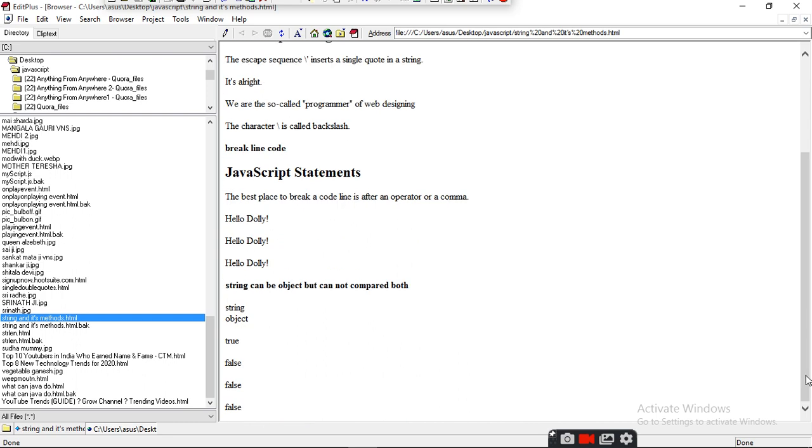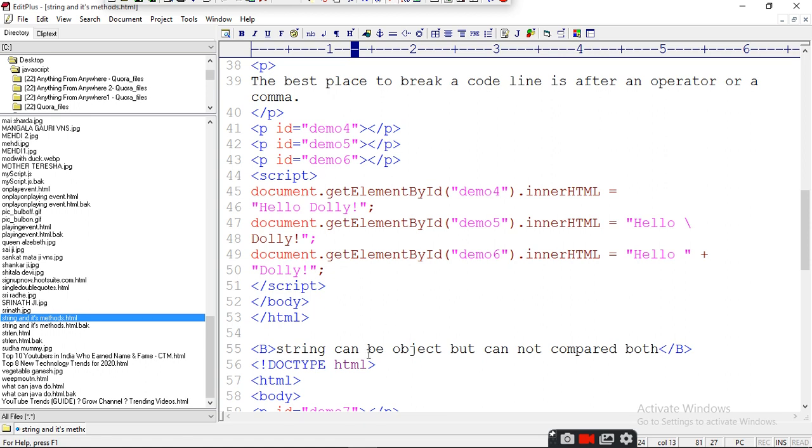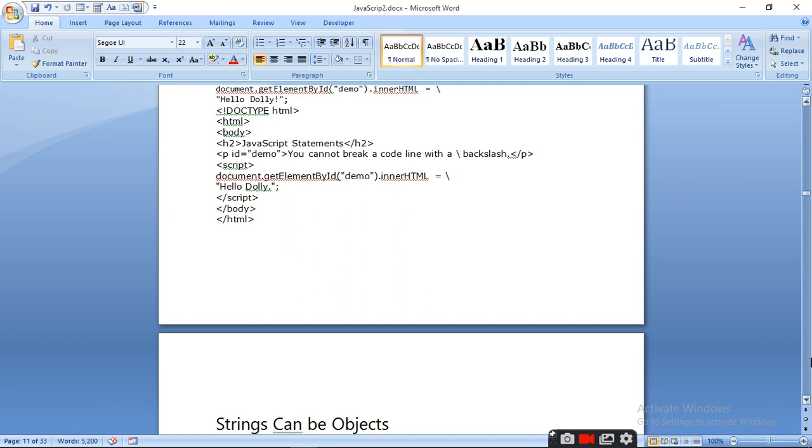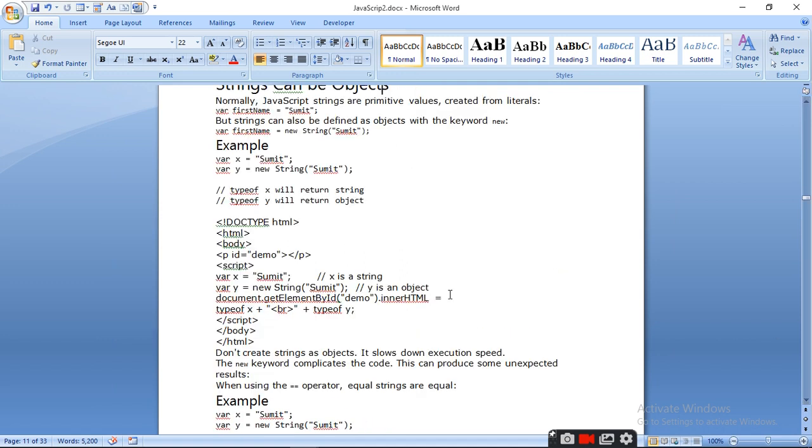So there are three ways which I told you just now to break the line. A string can be an object, but they cannot be compared. Generally people make a string as an object, but it is advised not to, because it will become a different type and it won't compare as a string when you make it into the form of an object.